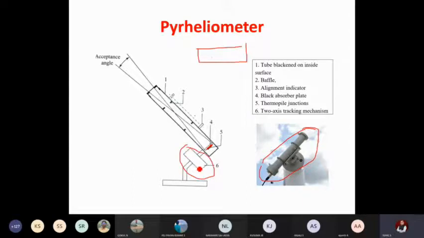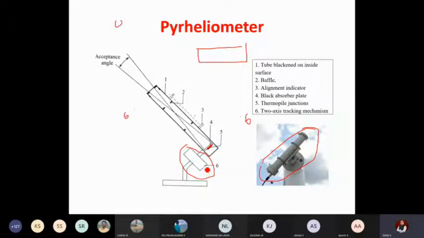So along with the sunlight, it will move from one end to the other end. For example, at 6 a.m. it will be like this. When solar radiation is falling and the sun is moving, this also gradually moves, and it will reach the other extreme end by 6 p.m. Once it reaches this end, automatically there will be a reset button. When it hits the reset button, again this goes back to its original position.